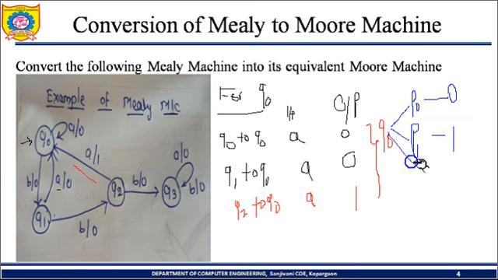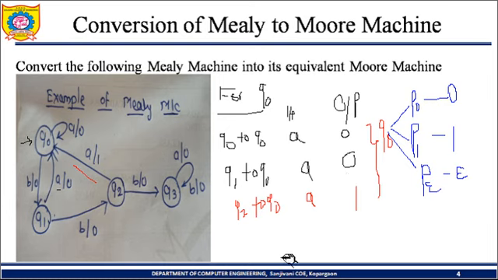But one more thing, as Q0 is the initial state, I have to consider one more output, that is nothing but epsilon. So I am going to consider one more state, that is P epsilon, with epsilon output. This state we need to consider only for the initial state. And one more thing, if the initial state has incoming edges and the outputs are different, then only we have to split that state into a number of states by considering the P epsilon state.